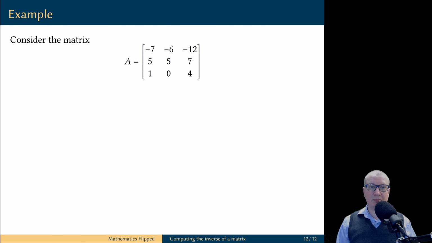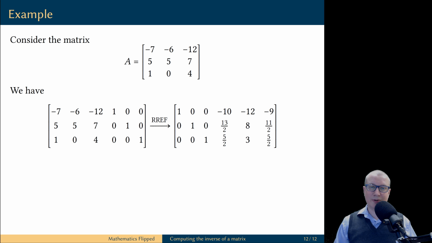So let's apply this method. In a previous video, I did a little bit of magic. I started with the matrix A, and then I pulled the rabbit out of a hat and I produced somehow a matrix B, which had a property that B times A were equal to the identity matrix. Of course, there was no magic trick in this. It was all based on solid math, and to figure out what this matrix B is, I simply applied the procedure we discovered in this lesson.